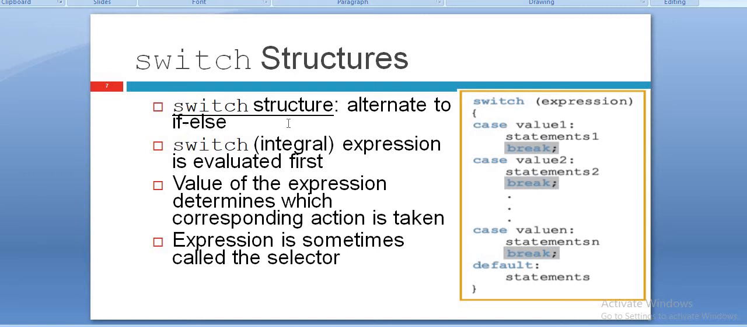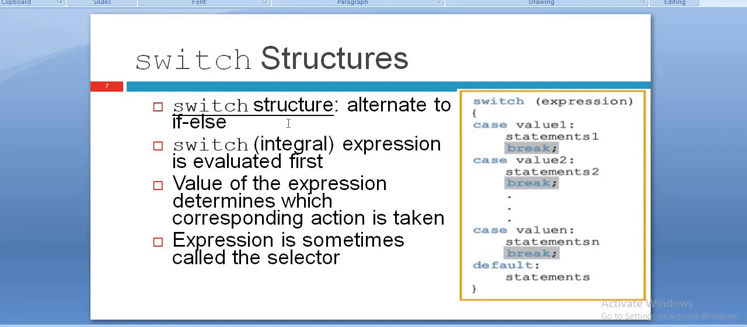In fact, we can use the switch structure in such conditions where one expression contains multiple options. For example,